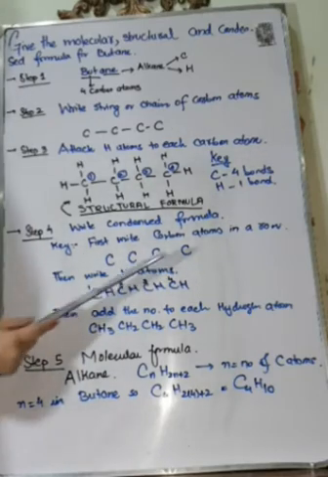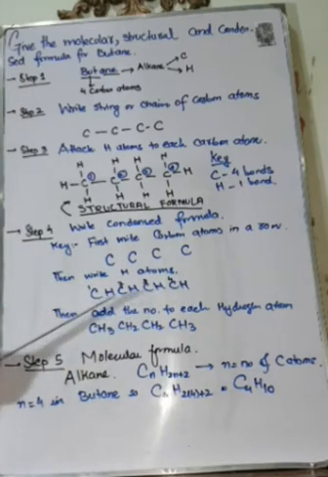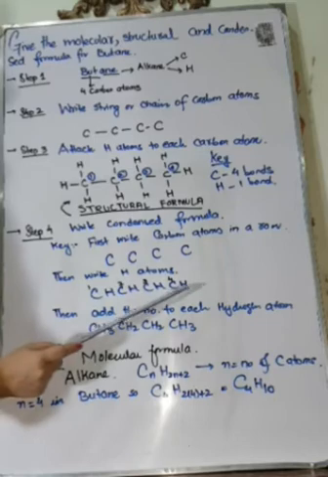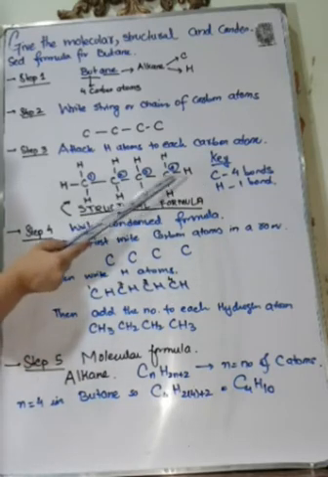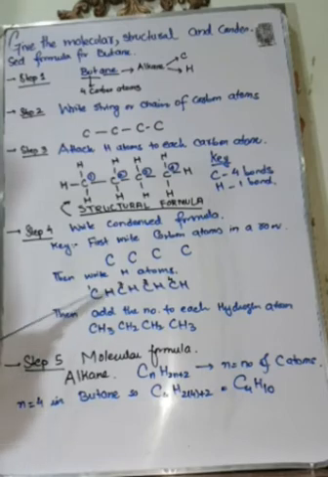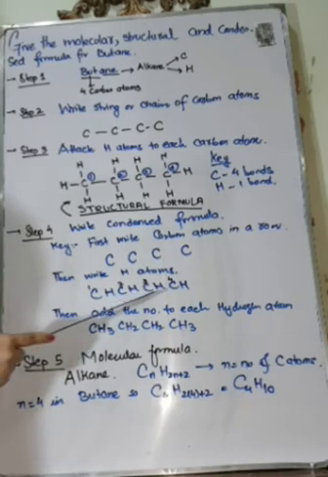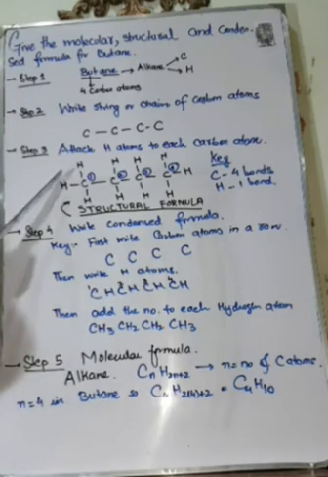Then with each carbon atom, we will write a hydrogen atom along with it. Now we will number each carbon atom 1, 2, 3 and 4, as we numbered the carbon atoms in the structural formula as 1, 2, 3 and 4. Now after writing the hydrogen atoms along with each carbon atom and numbering the carbon atoms, we will put the number of hydrogen atoms attached with the carbon atom. How would we know which number should be attached to each hydrogen atom? We will compare this with the structural formula.